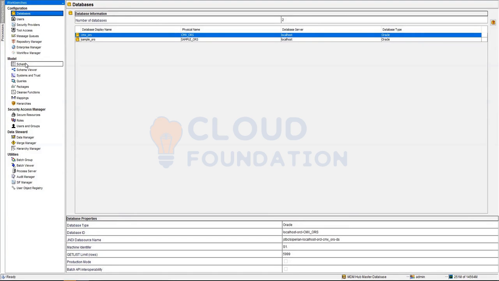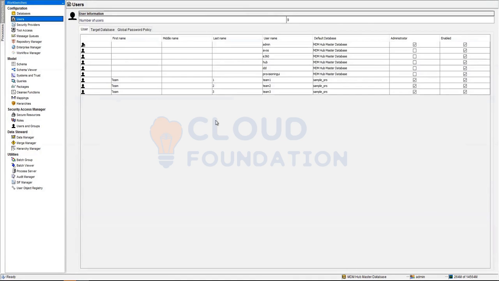Like, just for an example, what can you give that goes in the master database? The master database will hold all the configurations regarding the Workbench application layer configuration, database connectivity configurations, your users, which users are being created, what type of security providers, those types of information, which user will have which tool access, that kind of information. All those things, we'll be discussing everything according to each and every section, what all this section will be holding.